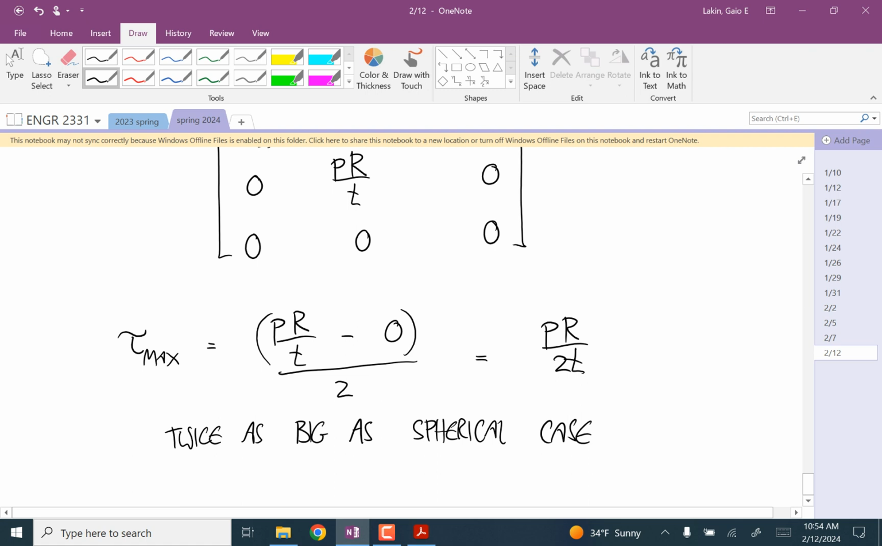Okay, any questions? These kind of problems are really just plugging numbers in, and you won't have to do very many of them. How come we're not looking at like the